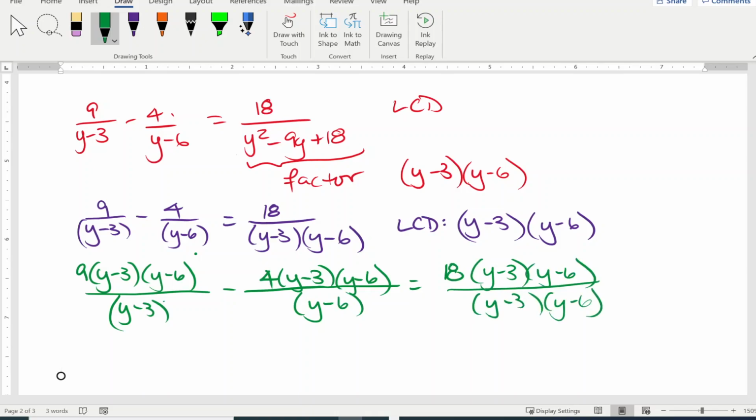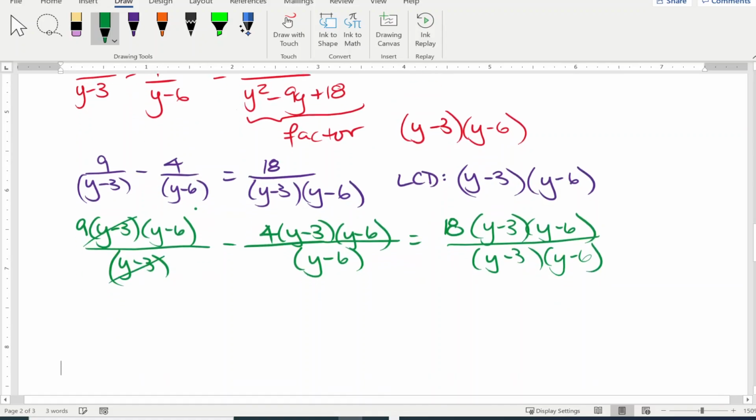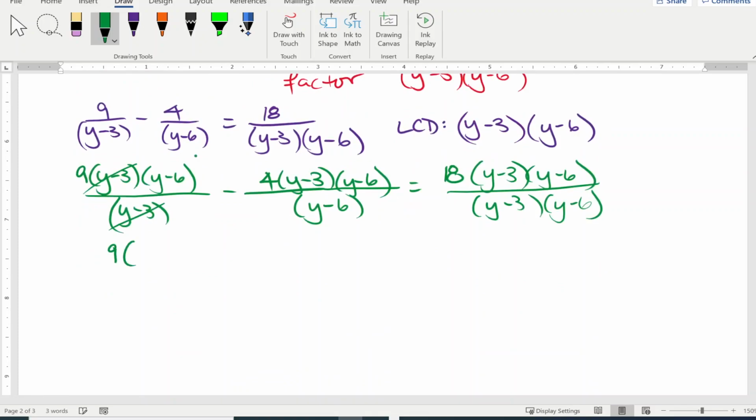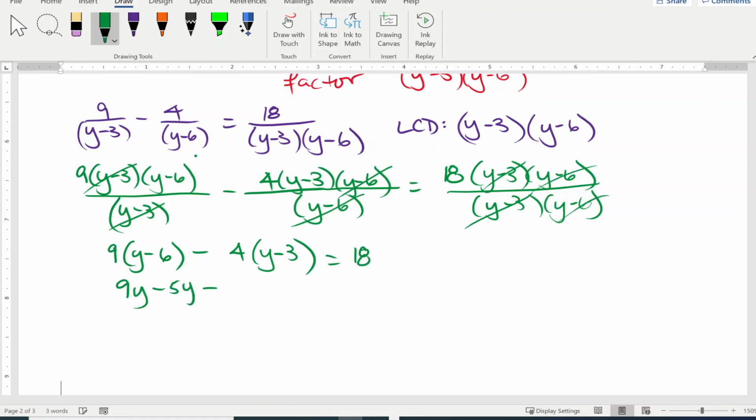So you can see here that the y minus 3's cancel from this first term. So that leaves us with 9 times y minus 6. In this second term, the y minus 6 cancels, and we're left with 4 times y minus 3. And in this last term, they both cancel, and we're left with 18. So again, let's go ahead and distribute. So here we get 9y minus 54, and minus 4y. Now we're distributing the minus here as well, so this becomes plus 12,